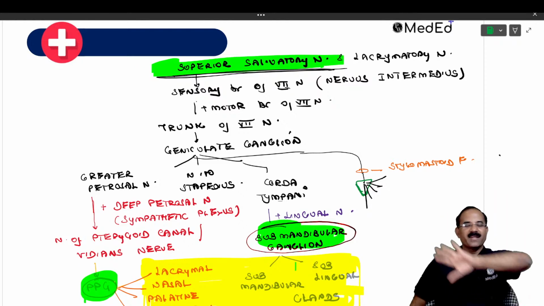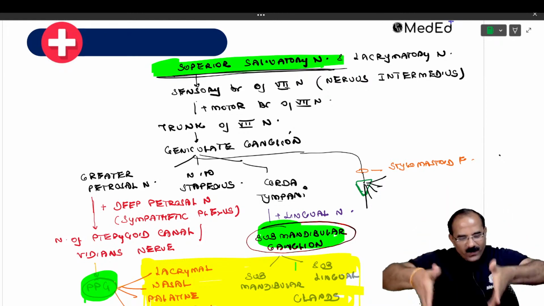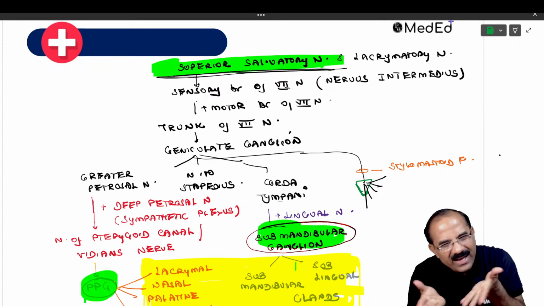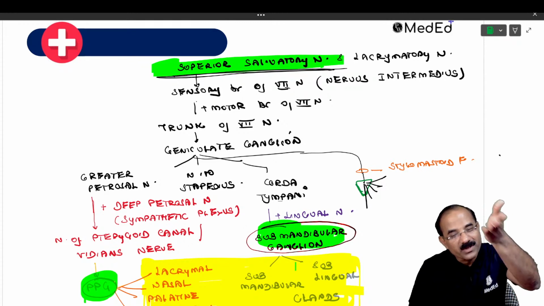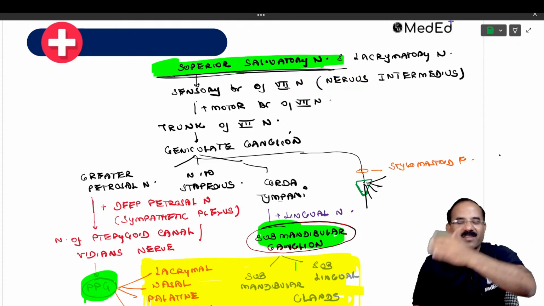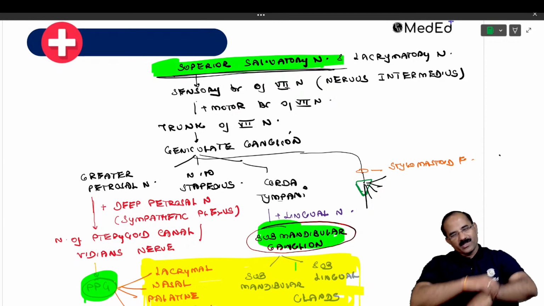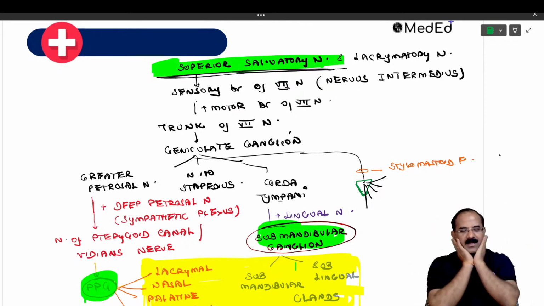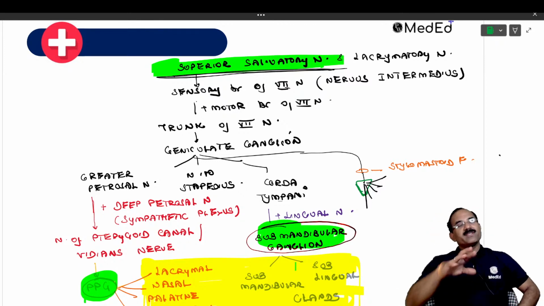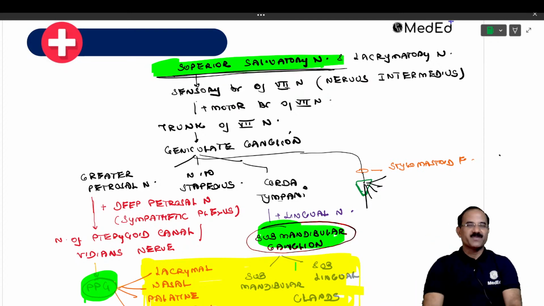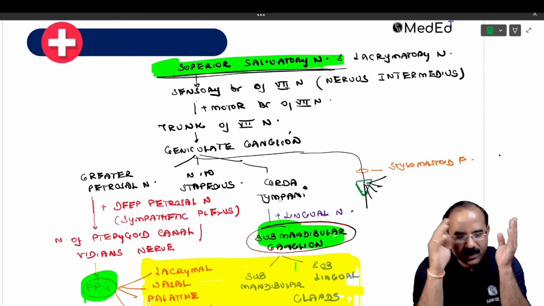All the glands in the head and neck are supplied by whom? Facial nerve. So which gland does it not supply? Parotid. अब वो parotid को क्यों नहीं सप्लाई करता है? There's a reason for that. That reason I'll tell you later. बाकी facial nerve supplies all the glands in the head and neck, but वो parotid को नहीं supply करता. So parotid is therefore supplied by whom? Glossopharyngeal nerve. You understand what is structural, what is functional relation?